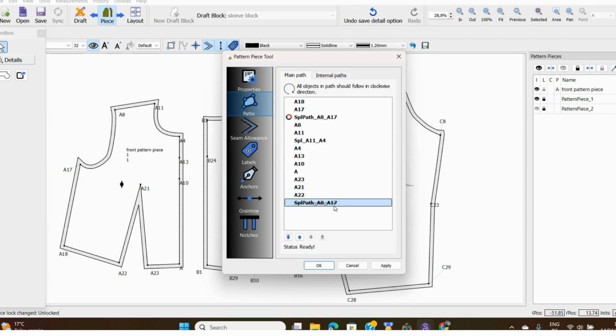A8 to A17. Why is it cancelled? So you can click here and then click here so it removes it. Supposed to include it. Okay, it's twice. Maybe that's why I cancelled it. Okay, we can exclude it. Okay, but A4 is there, so I don't know why it's not showing. Anyway,